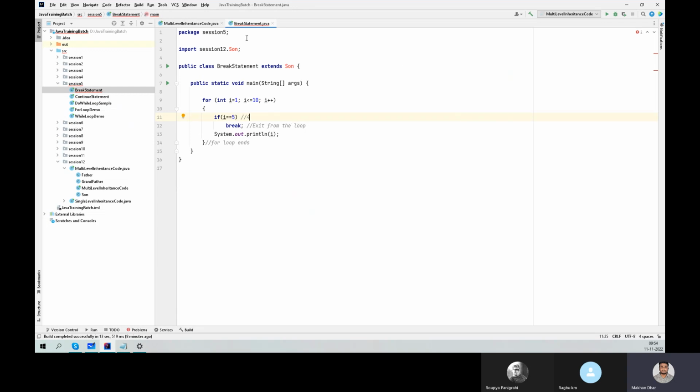कैन नॉट एक्सेस फ्रॉम आउटसाइड ऑफ द पैकेज, बिकॉज ये डिफॉल्ट है। अच्छा, हमेशा डिफॉल्ट।